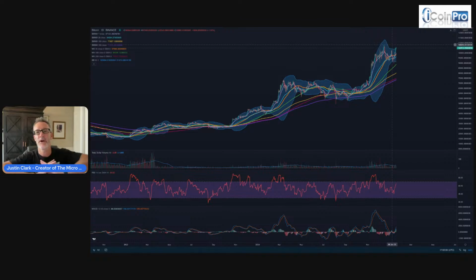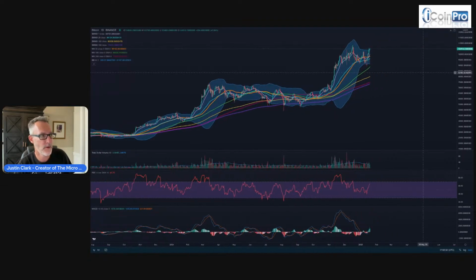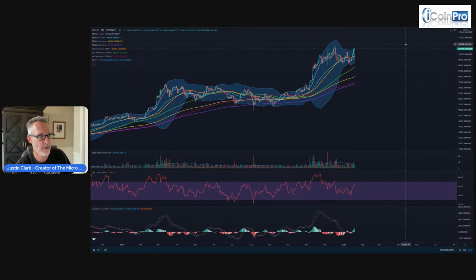Tomorrow is inauguration day. Trump is getting into office. He has turned into a very pro-crypto president. And that's, I mean, good for crypto, meaning that we'll have it here to stay. And there should be potentially some volatility this week. Could be upward volatility, could be downward. Who knows? It could be a buy the rumor, sell the news type of event, or it could be a real shot in the arm to crypto, and Bitcoin could continue its trend.